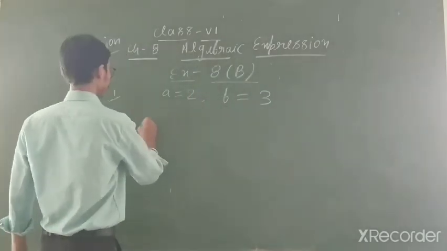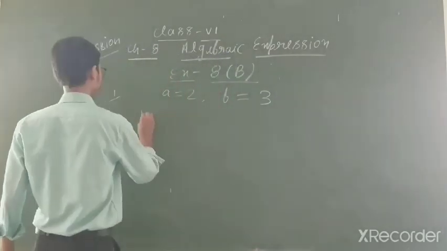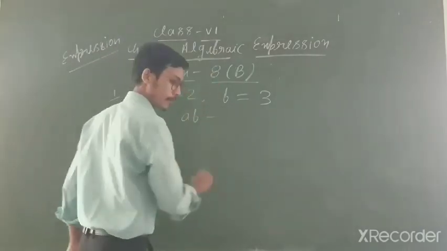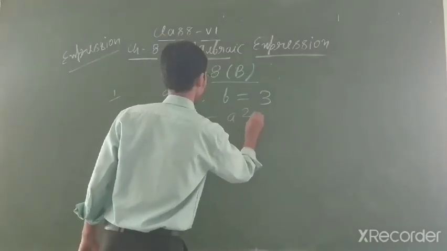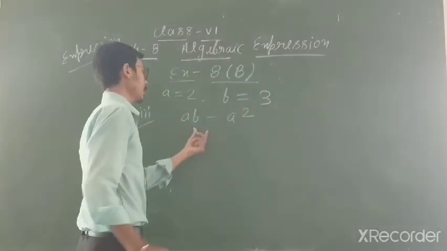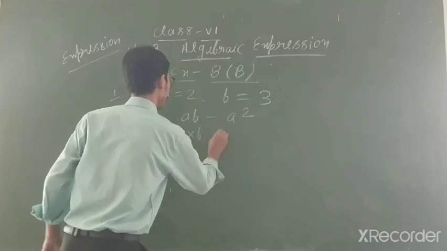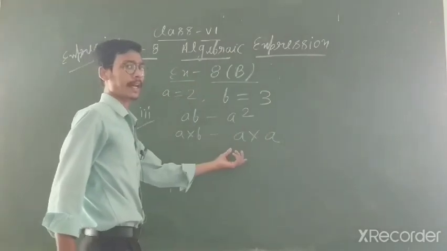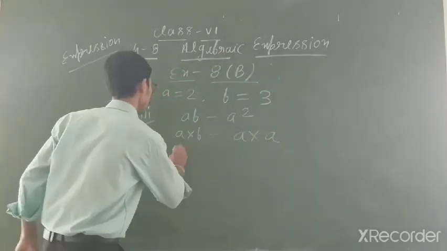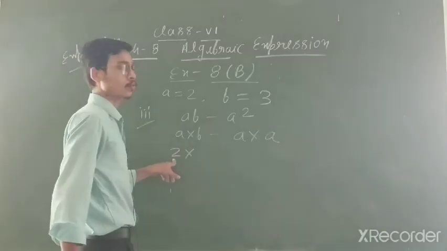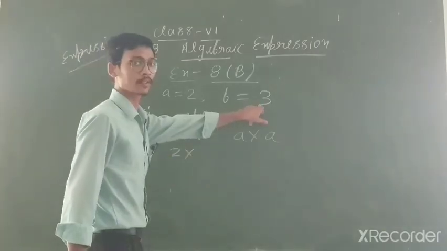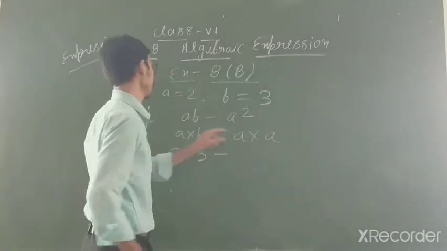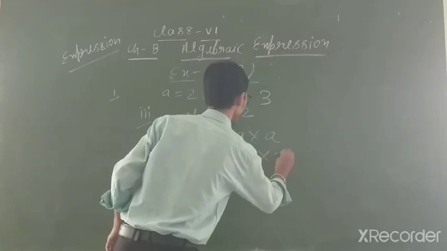So simply, let's say I am taking question number third. What is given? A b minus a square. Now you know that a b, it means a multiply by b, and a square means a multiply how many times? 2 times. You can write down directly, but I am explaining you. So a multiply by b, that is 2 multiply by, the value of a is 2 and the value of b, student, 3. You can write down 3 minus a multiply by a. So a is 2 into 2.